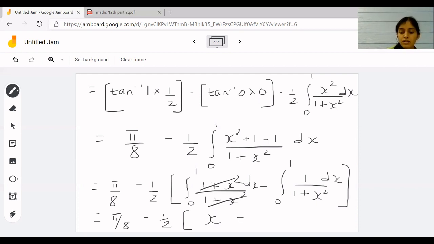Minus what is 1 upon 1 plus x square? It is the integral of tan inverse of x. Okay, and for this entire thing, we'll substitute the limit 0 to 1. So the final answer to this one will be